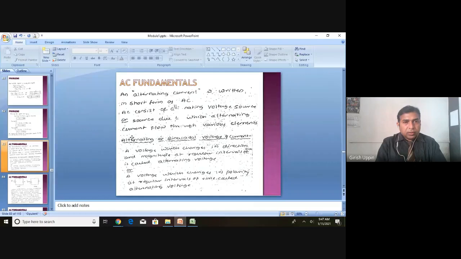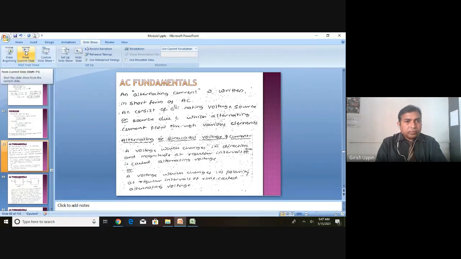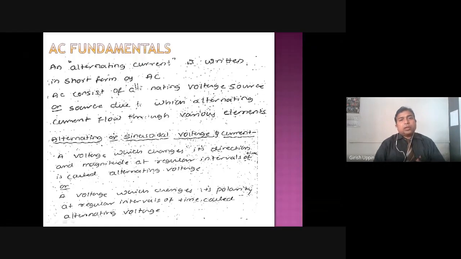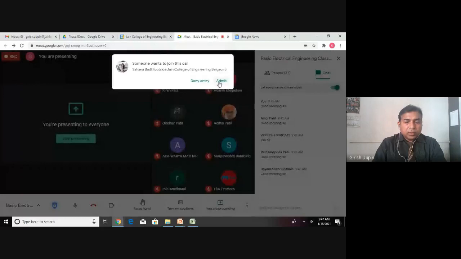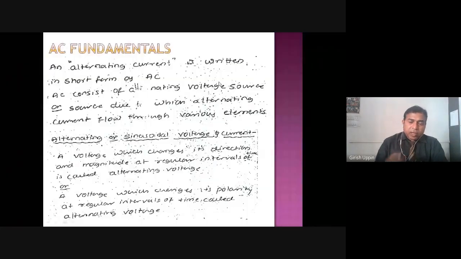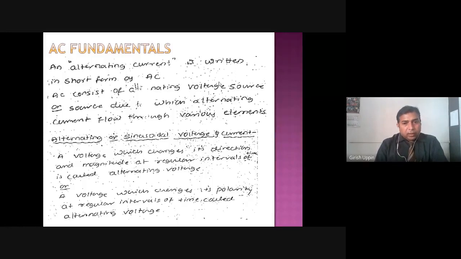In previous class, we looked into AC fundamentals. So, what is the alternating current? As we understand, alternating current is the one which continuously changes in its magnitude and/or in direction with respect to the time. So, it will be continuously altering. That is called the alternating current. And we saw different types of alternating currents, like it can be a sinusoidal waveform, a square waveform, or a triangular waveform. So all those represent the alternating current or the voltage.